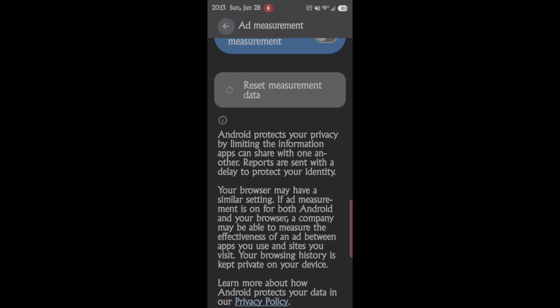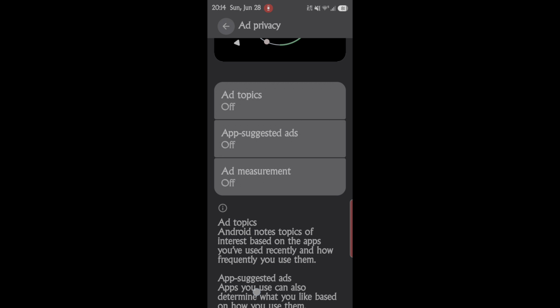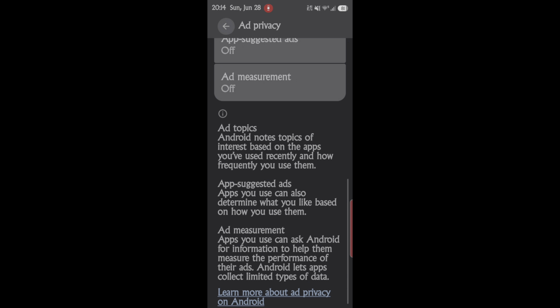Your browser may have a similar setting. If the ad measurement is on for both Android and your browser, a company may be able to measure the effectiveness of an ad between apps you use and sites you visit. Your browser history is kept private on your device, so make sure that's turned off. So those things, and again, I'll go through these. Ad topics,